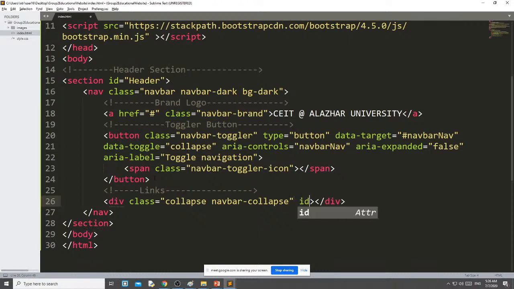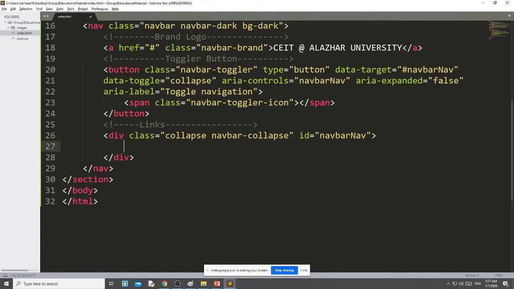Then ID. Here you must keep the same ID. This one and this one must be the same. If these two are different, then it will not work. That's why it is better to copy from here and paste it here, to avoid mistakes.